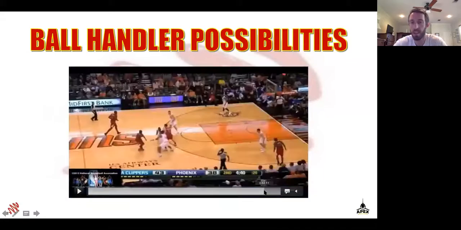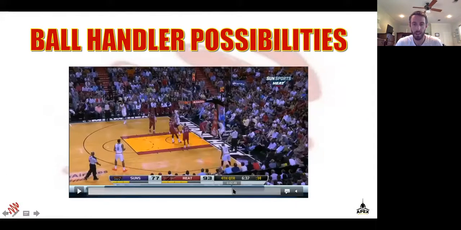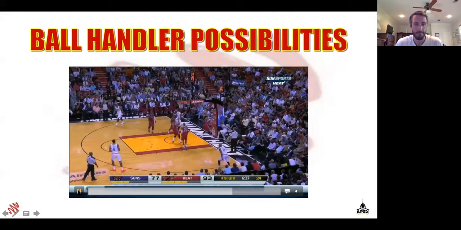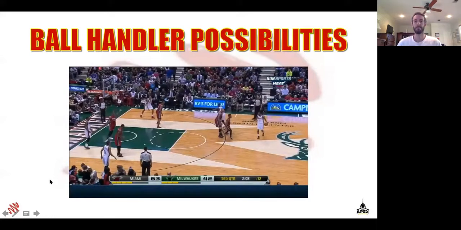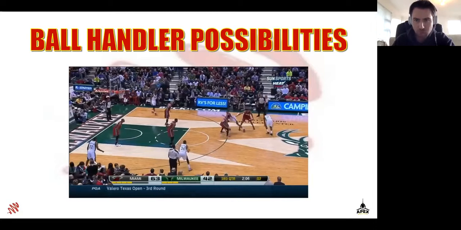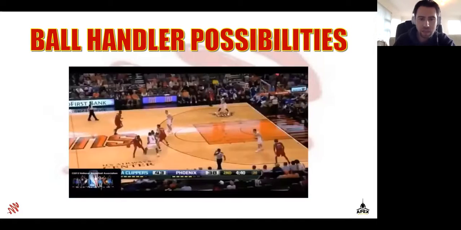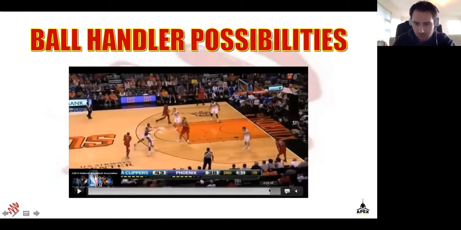Zeke, show that one again, full speed, just to get the pace of it, just so people can see the pace of it. The hesitation timing is so great on it. That little stop's what gives them the time to have the indecision. The big thinks that they can get out of there. This one here is very subtle,